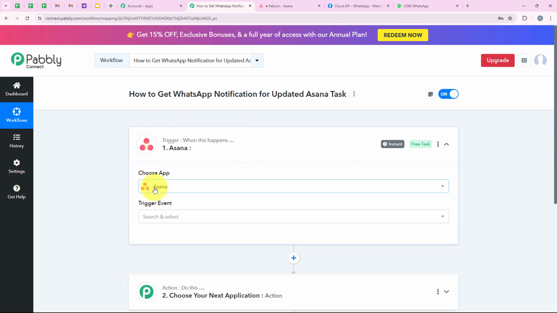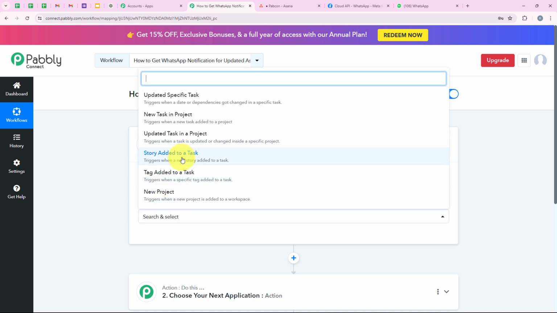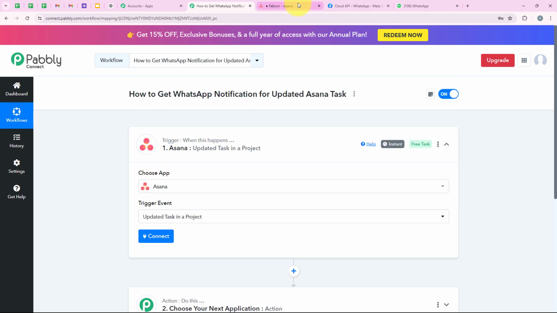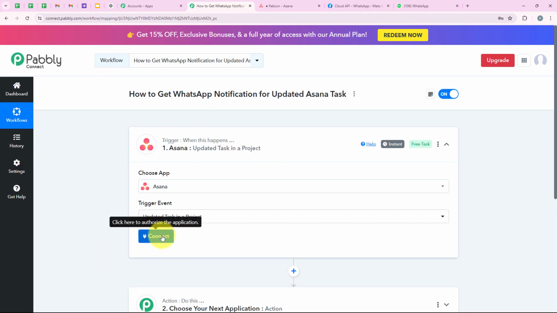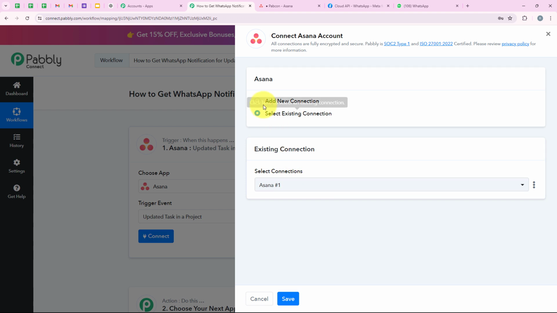So I'm going to search for it and then we are going to select it. And now for the trigger event, we are going to select it as updated task in a project, because I want that in a specific project, which is this PabbCon. If the task is updated, then only my workflow should be triggered. So now I'm going to click on connect, and as you can see that it is asking me